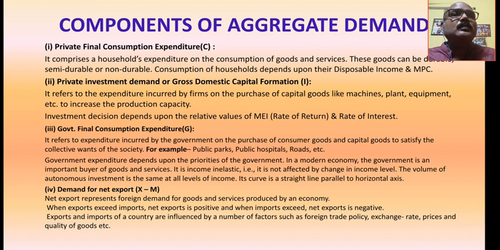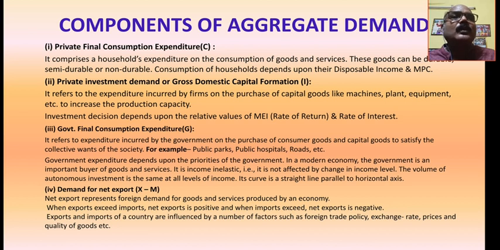So, government final consumption expenditure means the expenditure incurred by the general government. Government also makes expenditure to promote the welfare of the people. Government also incurs expenditure on the purchase of consumer goods as well as capital goods to satisfy the collective wants of the society. जो बृहत स्वार्थ के लिए, जो जनरल वेलफेयर के लिए, देश के लोगों को जनरल वेलफेयर के लिए, कॉमन वेलफेयर के लिए भी गवर्नमेंट क्या करता है, खर्च करता है, गुड्स एंड सर्विसेज परचेज करता है.